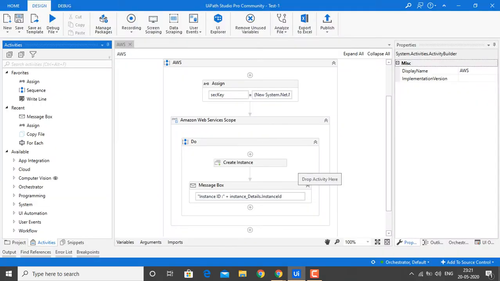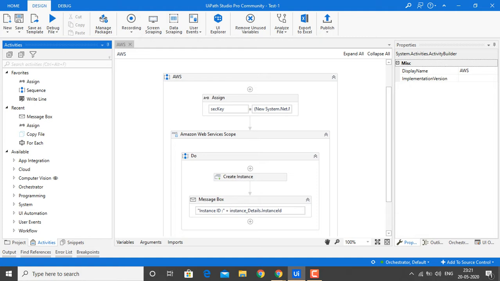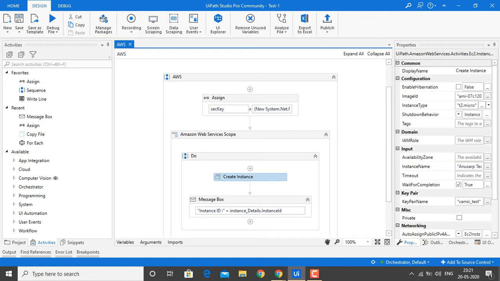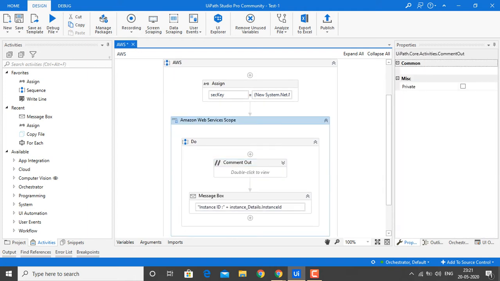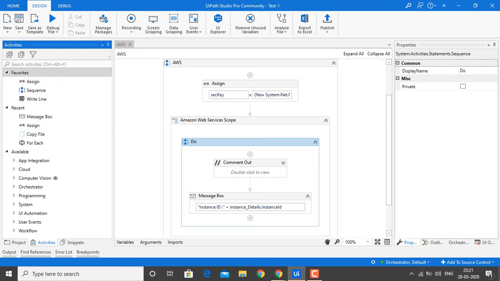I haven't created any workflow, guys. Right now I am creating the workflow in front of you. Earlier we did the automation for the creation of an instance. Right now I am using comment out to comment that one, and first we have to get the list of all the instances.